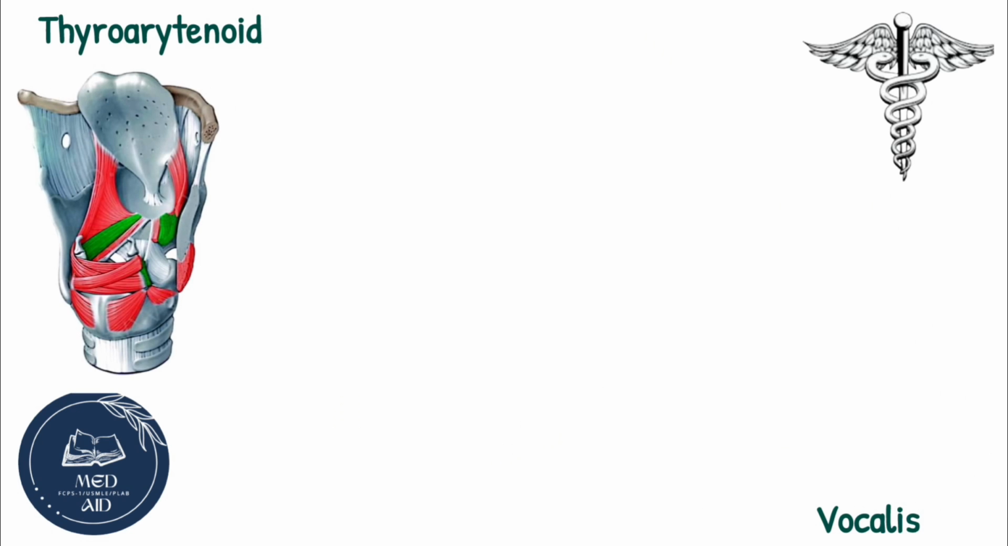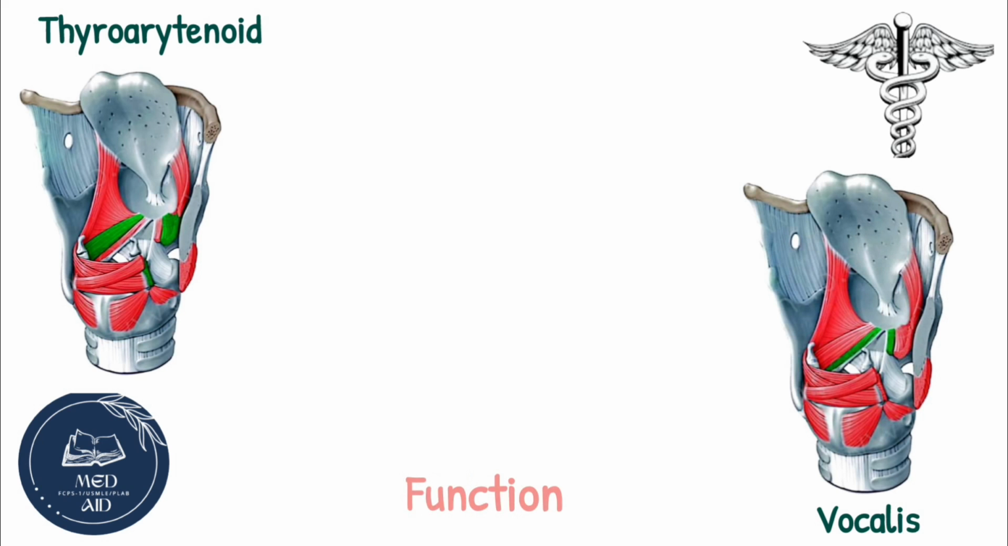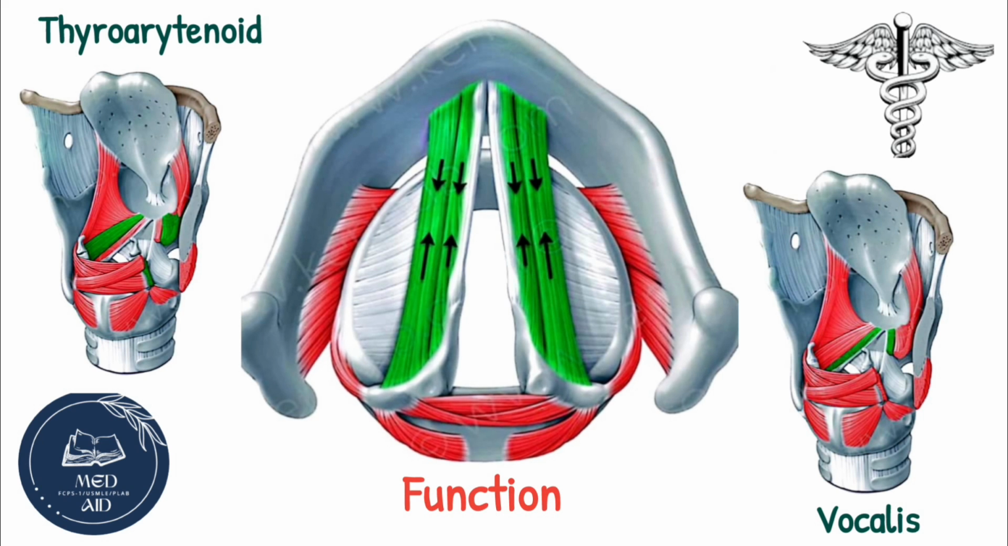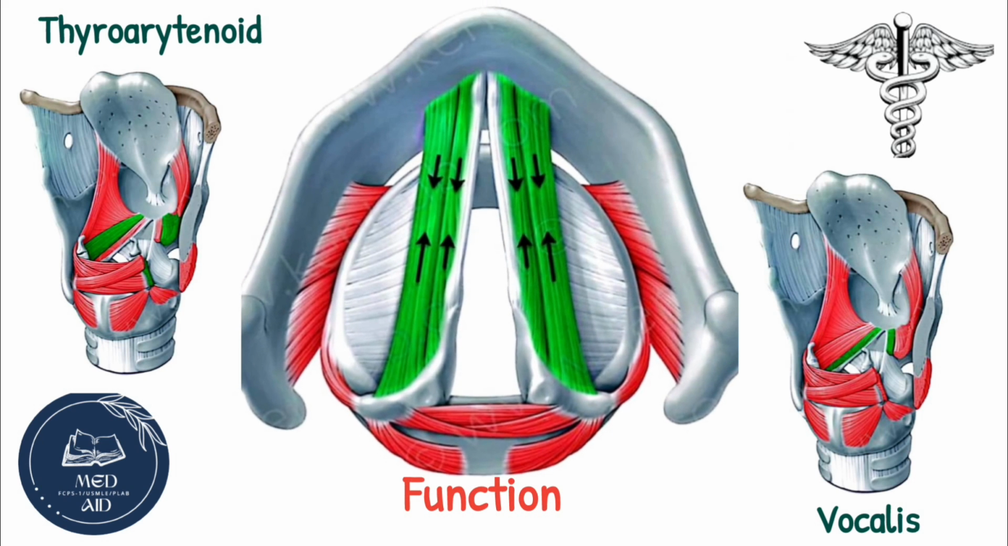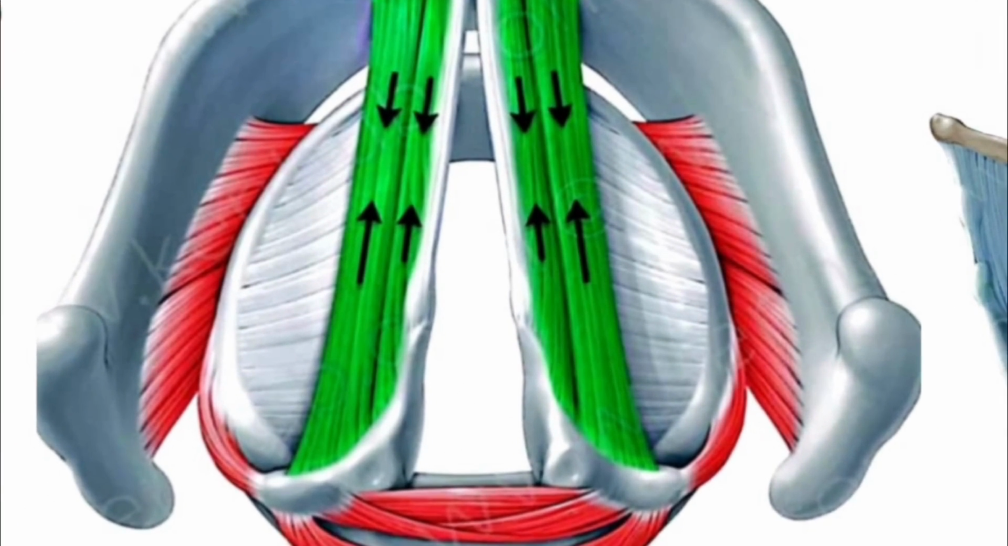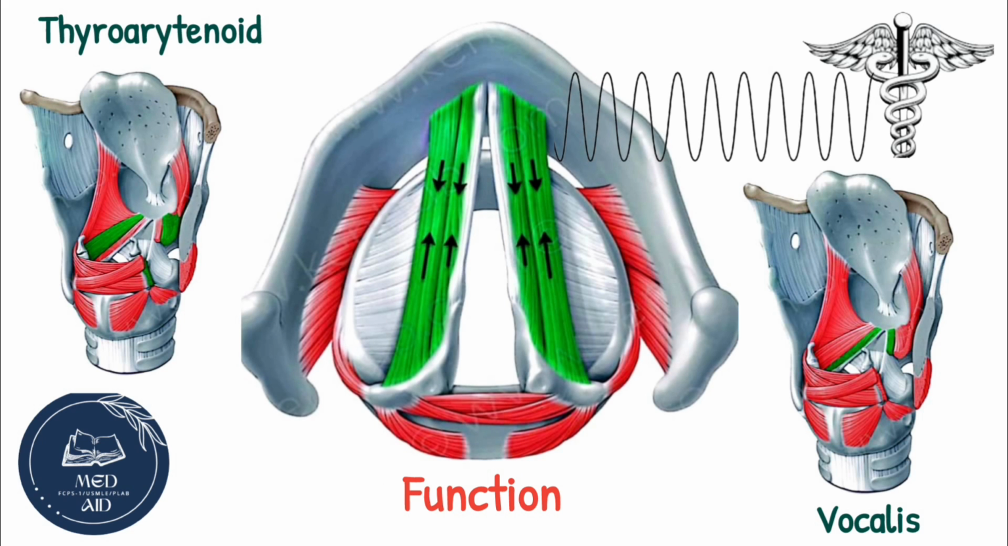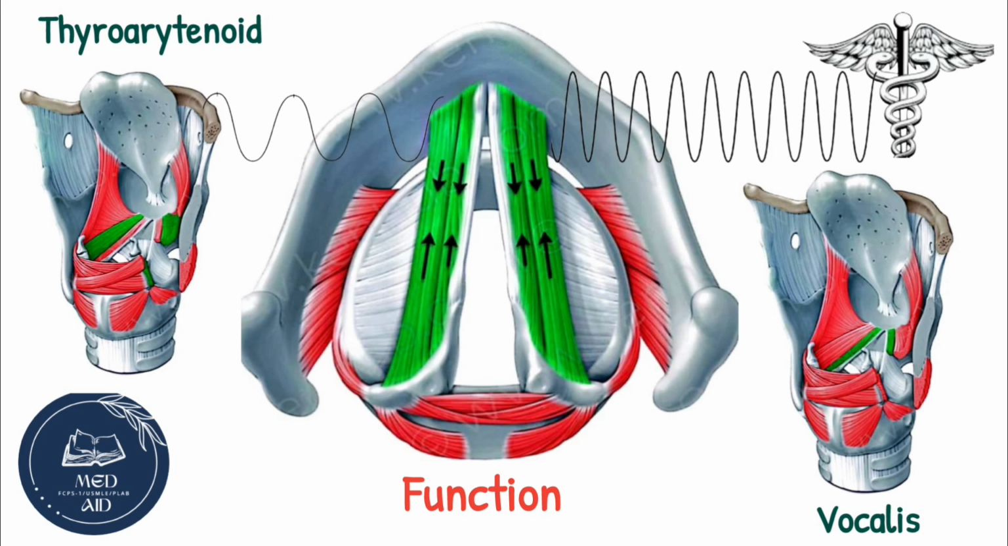The thyroarytenoid and vocalis muscles control the tension and thickness of the vocal cords, affecting pitch and volume during phonation. When contracted, they shorten and thicken the cords, resulting in lower pitch and increased volume. When relaxed, they lengthen the cords, leading to higher pitch and decreased volume. Injury to the recurrent laryngeal nerve can cause paralysis of these muscles, leading to voice changes such as hoarseness or